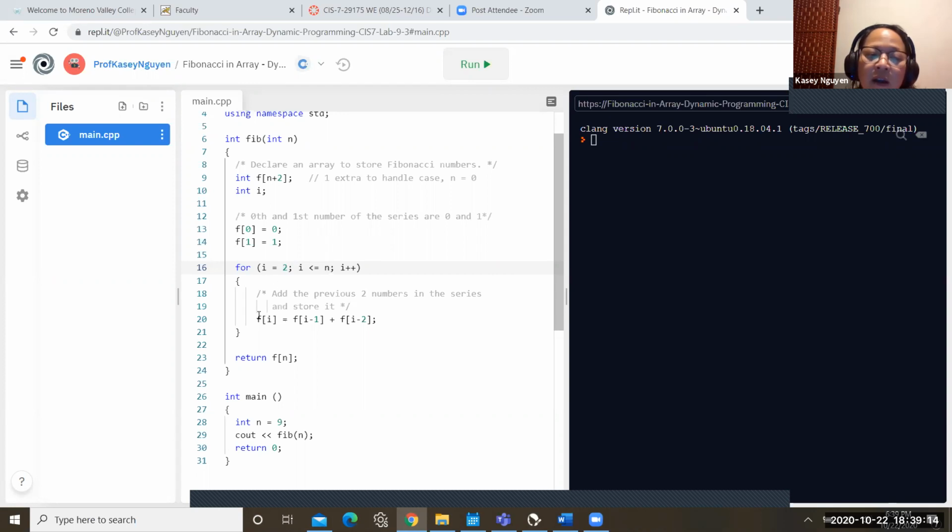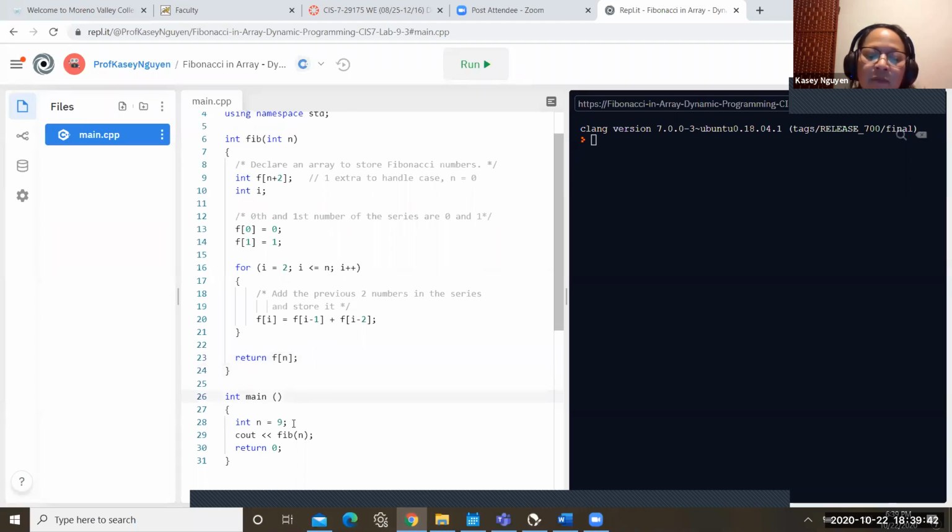And in our for loop, what do we want it to repeat doing? What kind of calculation is looping? So we have f of i is f of i minus 1 plus f of i minus 2. Take the 2 previous numbers and add them up, and then return it. Now, this is one way. You can do it other ways too, to really simplify it.